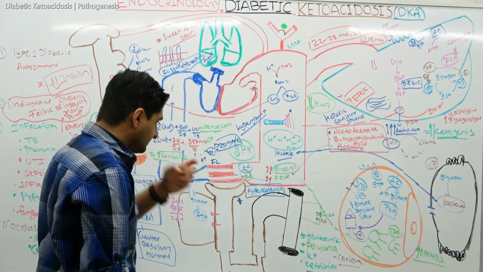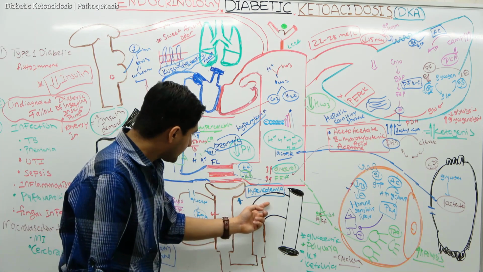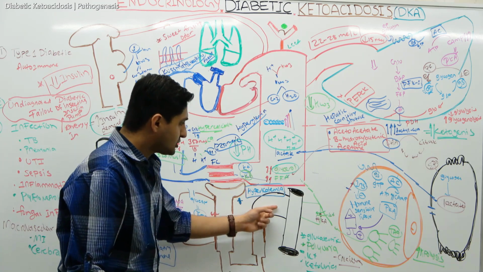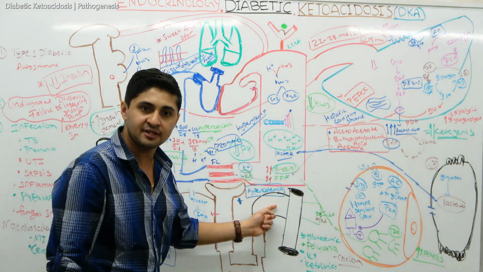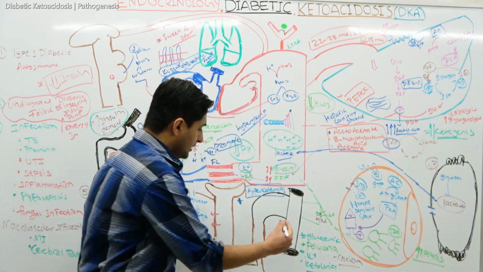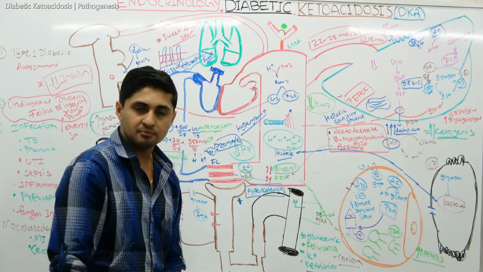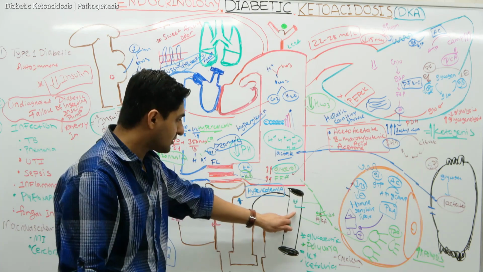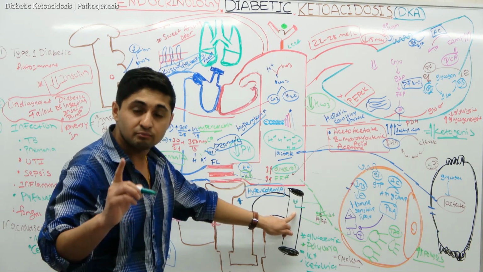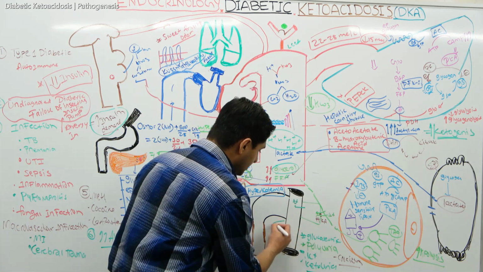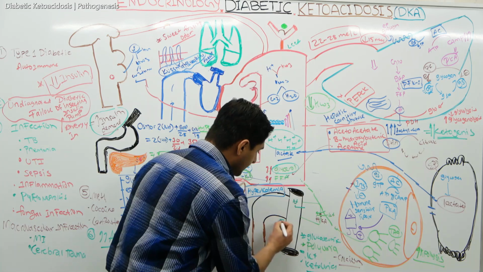Now, guys, you have to think about phosphate. What is going to happen to phosphate? Remember, the intercalated cells also secrete out potassium, right? They also secrete out protons. If there is too much proton, the kidney also throws out protons, because